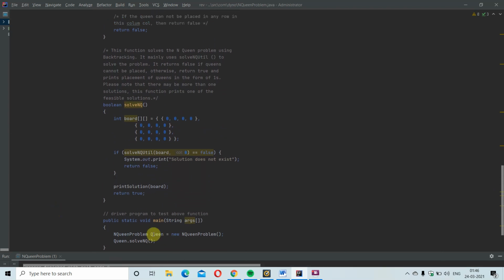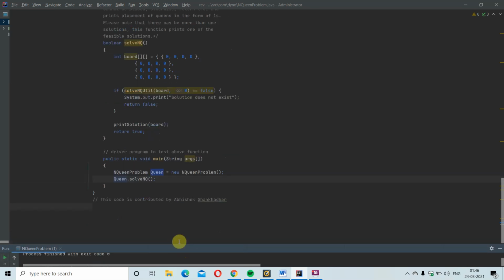Now here, public static void main, NQueenProblem queen equal to new NQueenProblem. The object is created for the board. Now using that object, queen dot solveNQ function is being called here.